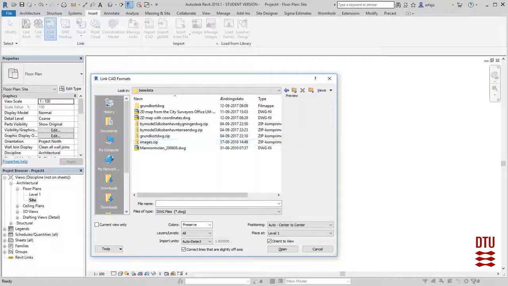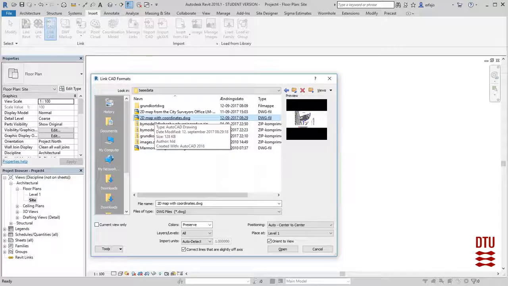And I will find my data, and I will use this 2D map with coordinates, which is the one I made. And then I'm going to set that it is in meter, and I will let it set center to center. The reason why I'm doing this center to center is that if the map or the measurements are larger than a mile, then it will not be able to put it correctly, and it will come with an error saying that it is larger than a mile,